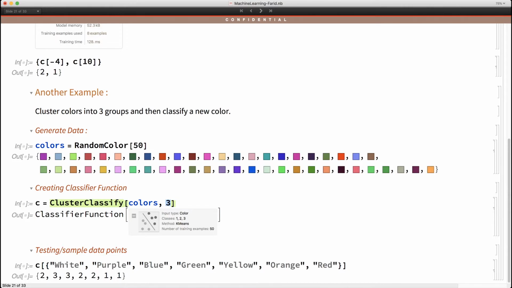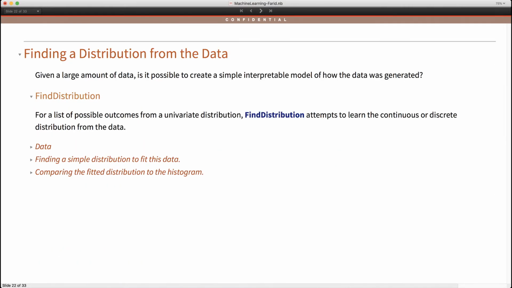So let's move forward. And here is another useful function available in Wolfram Language, which is find distribution. Given a large amount of data, what it allows us to do is create a very simple interpretable model of how the data was generated, what sort of distribution it comes from. And the advantage of this is that for a list of possible outcomes from a univariate distribution, this find distribution function attempts to learn the continuous or discrete distribution from the data itself. So let's explore